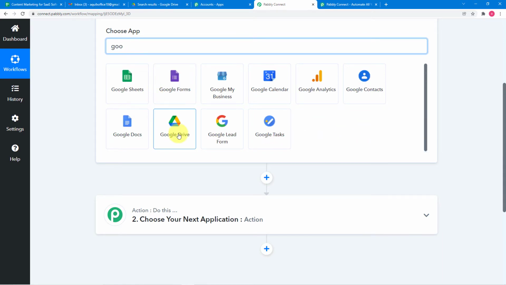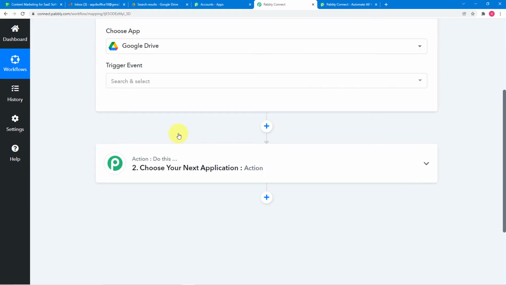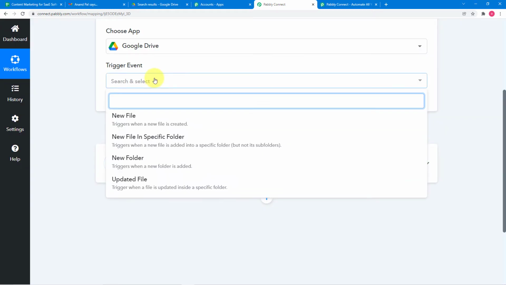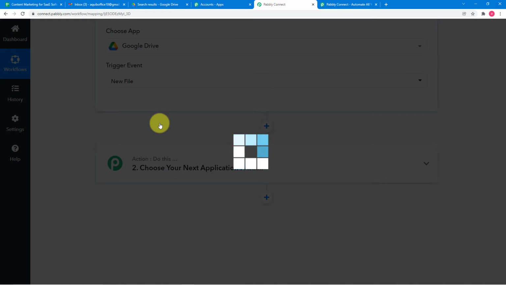This is Google Drive, select it, and in this trigger event, select new file. Okay, so it will trigger this workflow whenever you upload a new file in Drive. Okay, so click on it,